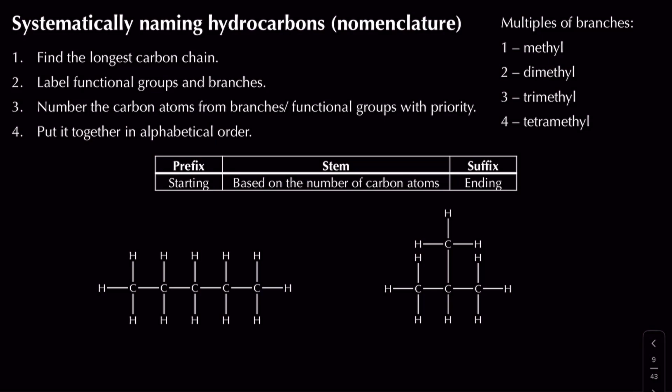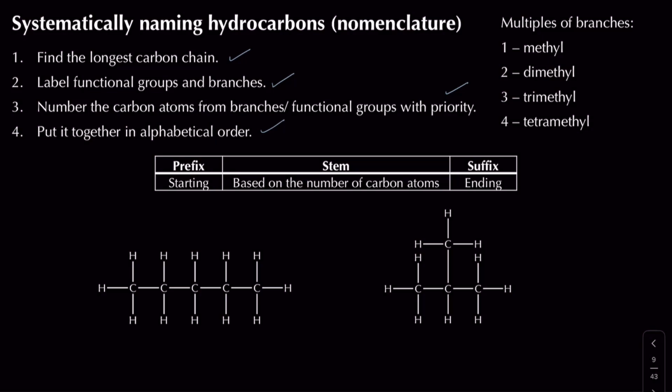I like to start off by finding, first of all, the longest carbon chain. Now the next thing is I like to find any branches, any functional groups, and highlight those as well, and then number my carbon atoms from the branches and functional groups with priority, and then put it all together in alphabetical order. If I've got multiple branches or multiple groups, I would need to use the following system, where let's say if I had a branch of methyl,